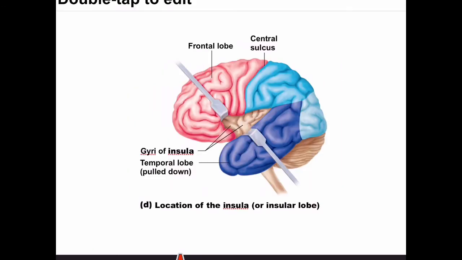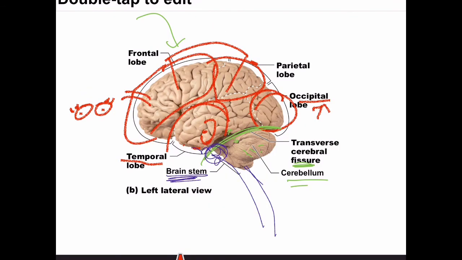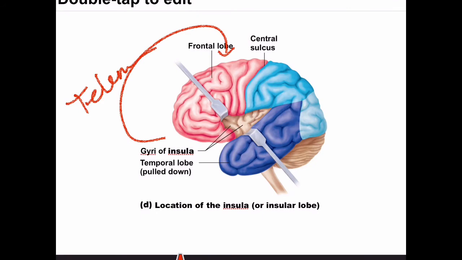So remember when we were talking a video or two ago about human brain development, we talked about the telencephalon just went crazy and got really big. Well, not only did it get really big, but it folds in on itself. So now we have this surface region. So all of this stuff that we were looking at here, this is just the surface, right? And on the inside is the insular region, right? Because it's